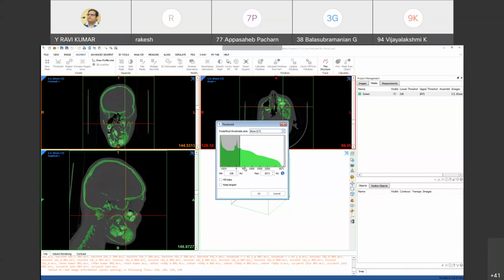Yesterday in Krishnan sir's lecture, he explained how the data is converted from the X-rays to this DICOM image. The pixels are placed one over the other.